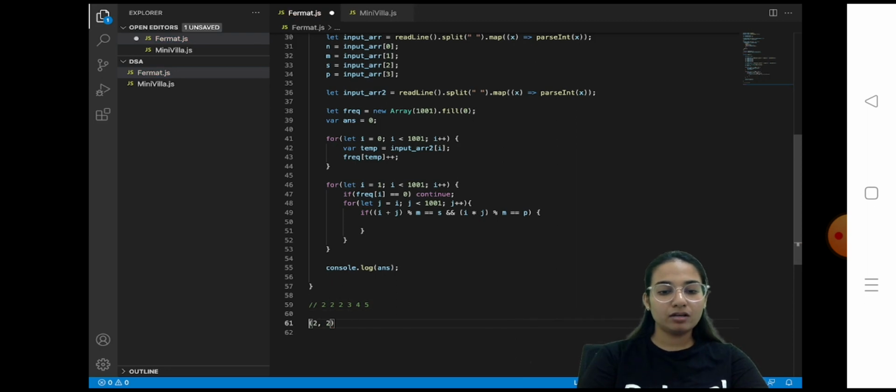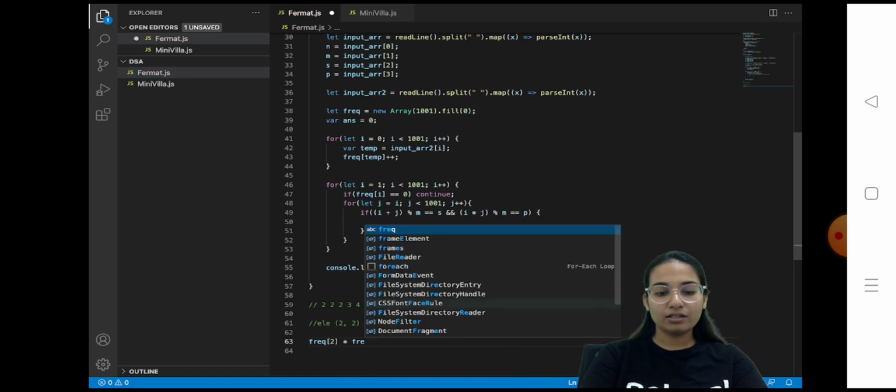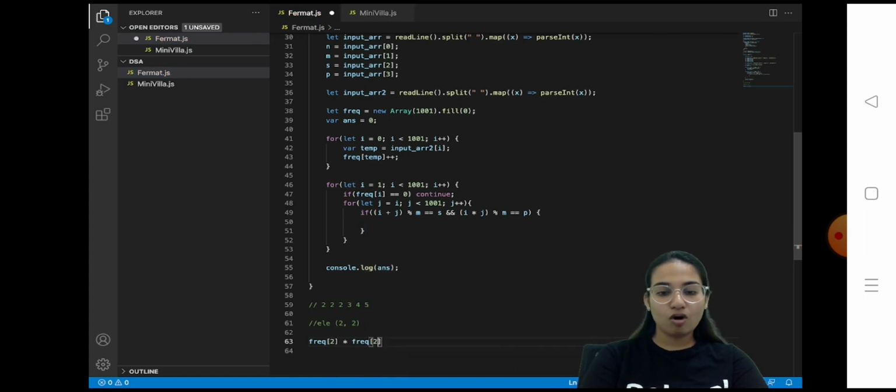So it's like the same two elements are satisfying the extra large Fermat theorem. In that case, the final answer is going to be multiplied by the frequency of 2 multiplied by the frequency of 2 only, but doing a minus 1 to that,